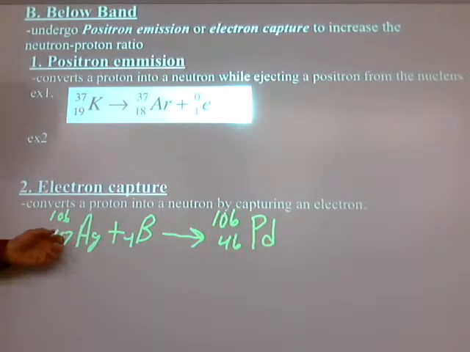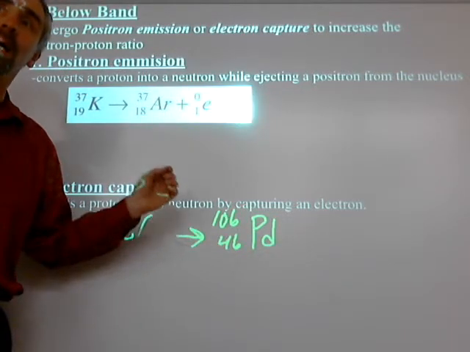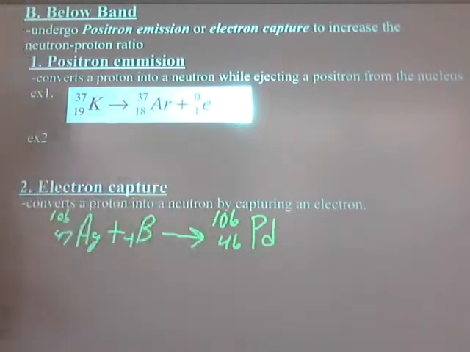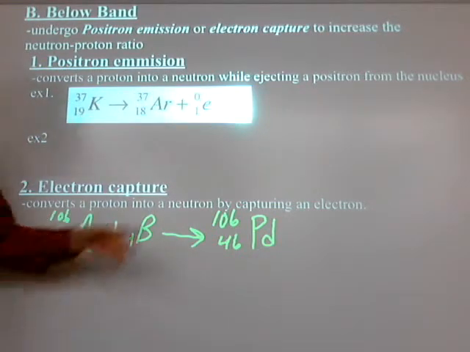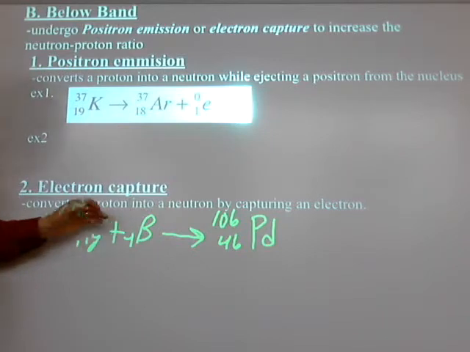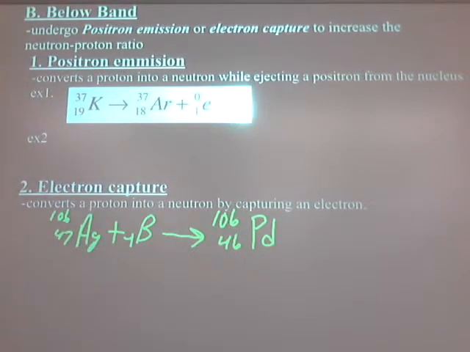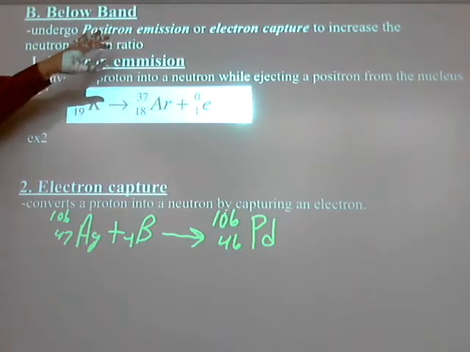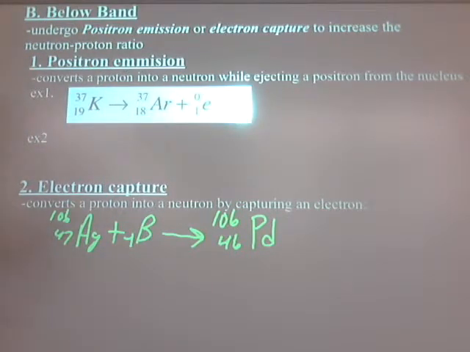This guy had 47 protons. This guy only has 46. Again, a proton was converted to a neutron, and mass number didn't change. It's like that backwards. There's a positron being emitted or an electron being captured. All right. Beta particle being captured. Okay. So those are ways you could get back to the band of stability if you are outside of it,